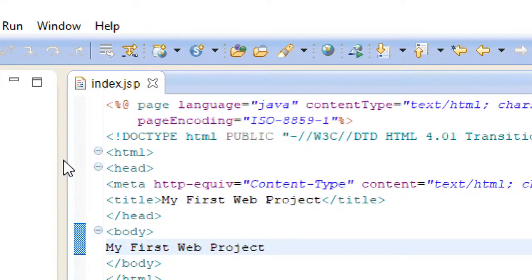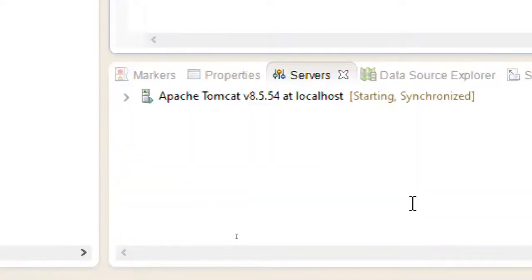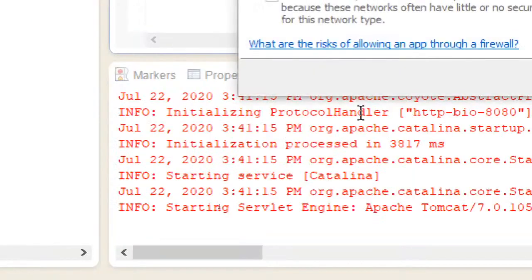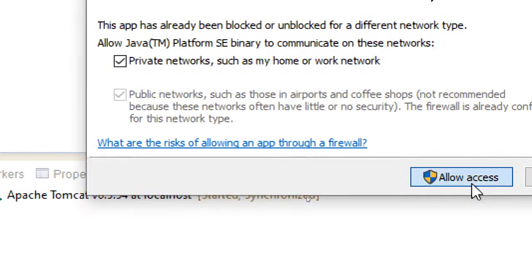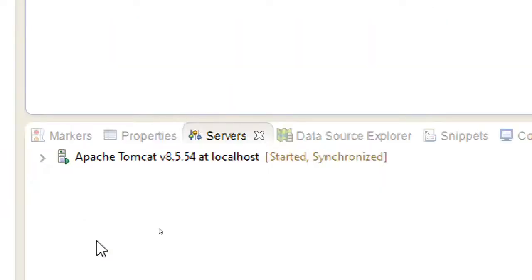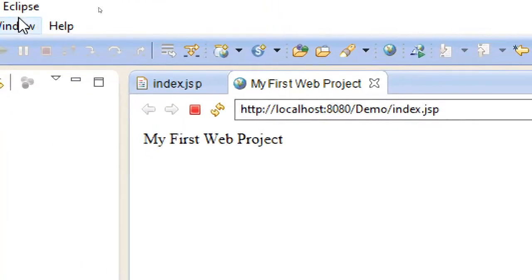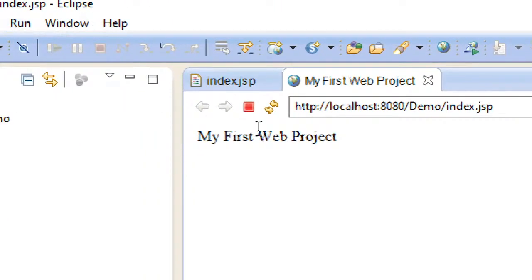So here you can observe what are the things happening. It is giving all the information. Okay, if you are having antivirus, it will ask you this. You can just click on allow access. Okay, it already came. So you can just click on allow access if it is prompting you the dialog box.